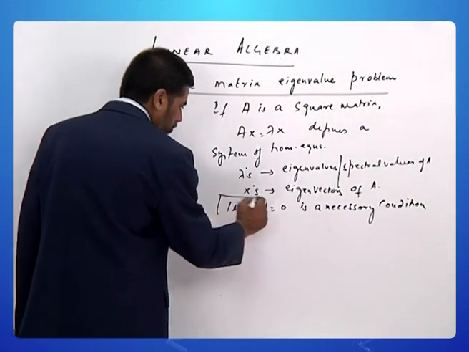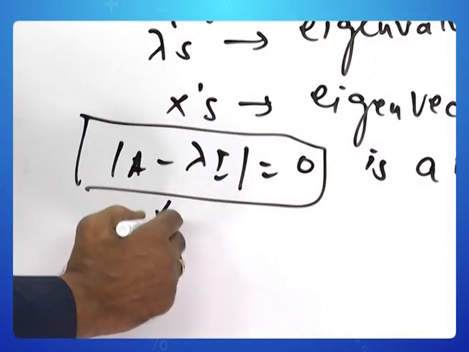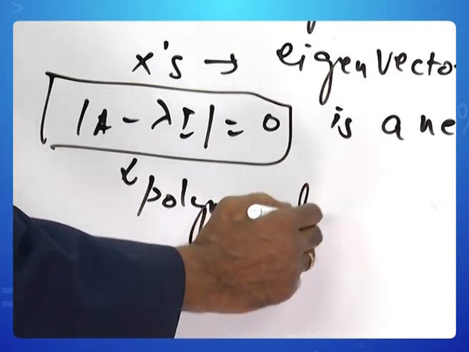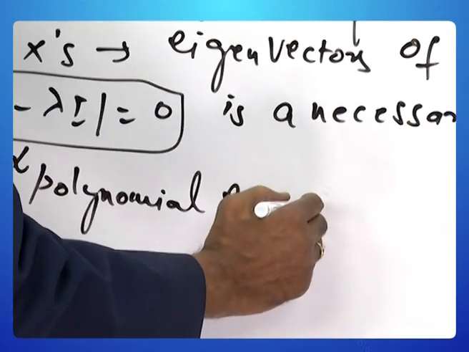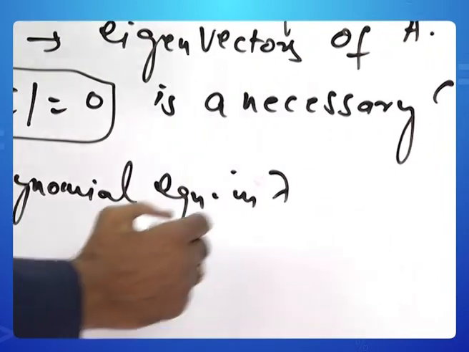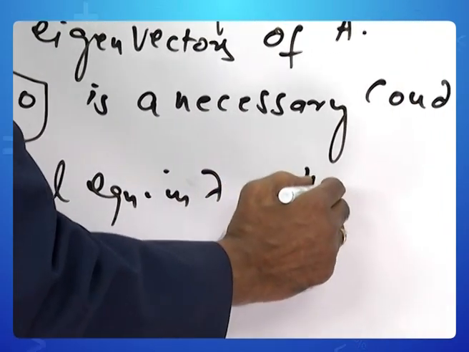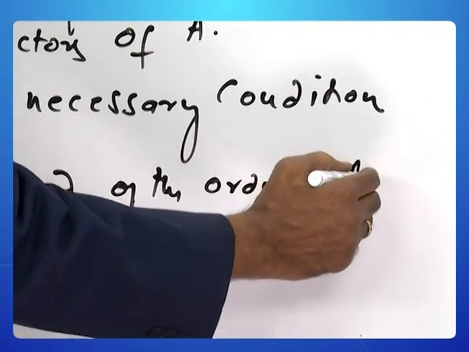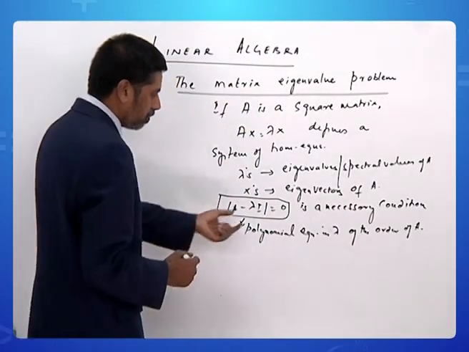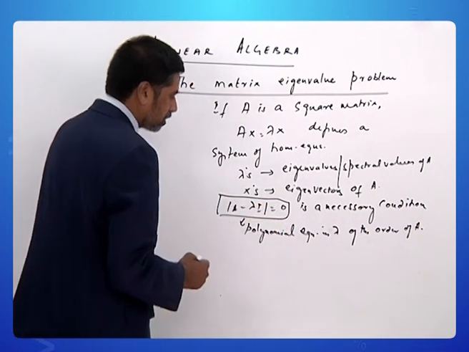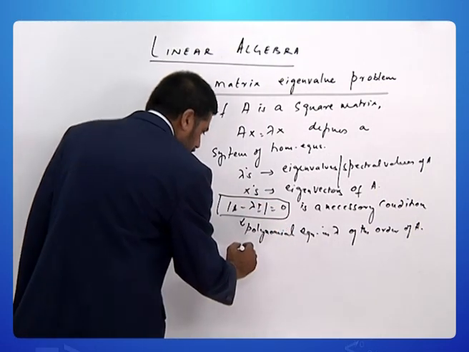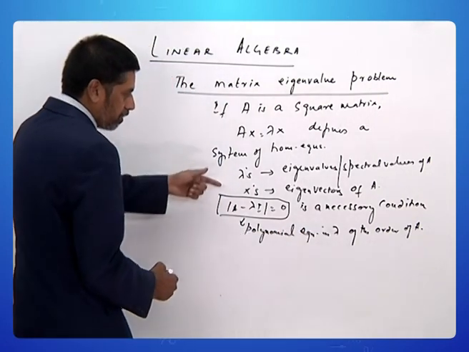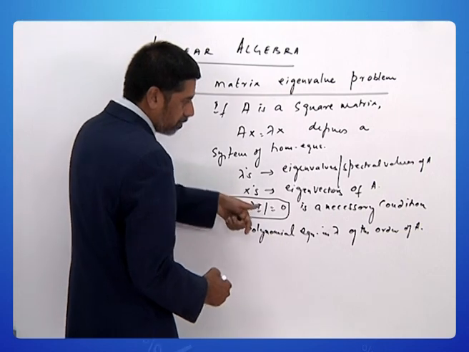This equation produces a polynomial equation in lambda of the order of A. That is, if A is 4 by 4, we will get a biquadratic equation in lambda. Then you solve this equation and you get the eigenvalues of A, and then corresponding to each eigenvalue we can